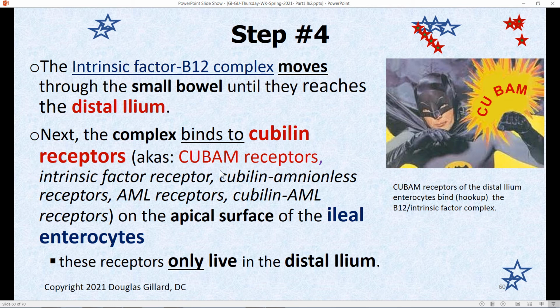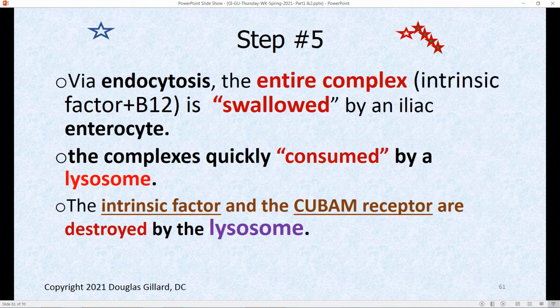Well, we have cobalamin receptors, and intrinsic factor and B12 are looking for these cobalamin receptors, AKA cubilin receptors. There's a bunch of AKAs for these. These are only in the enterocytes of the distal ileum, and these are the only receptors that can bind the intrinsic factor B12 complex. So once it binds to a distal ileum enterocyte, the entire B12 intrinsic factor complex is swallowed into the